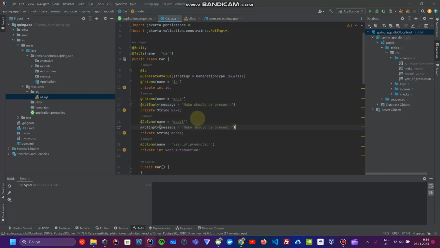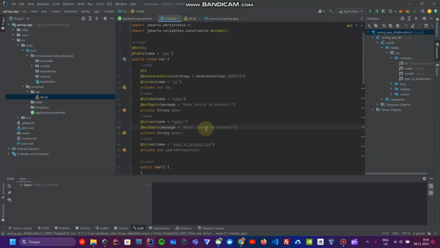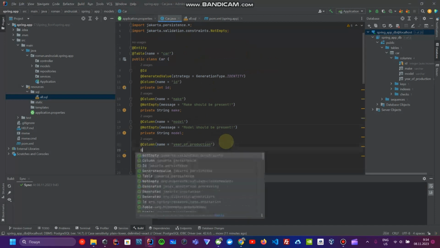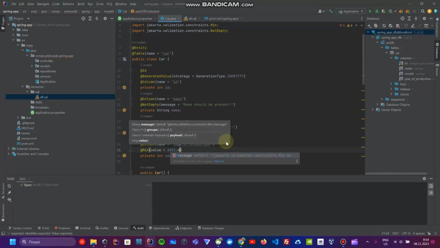But not make should be present, model should be present. And now some validation for a year of production. We here have that year of production should be bigger than 9020. So we will write annotation min, and here value equals 9021, and message